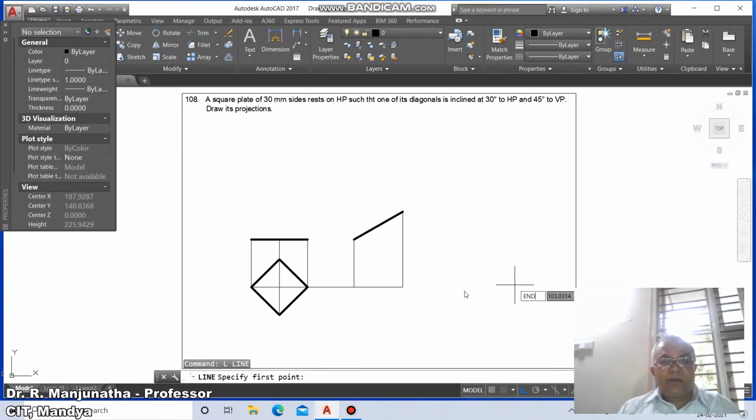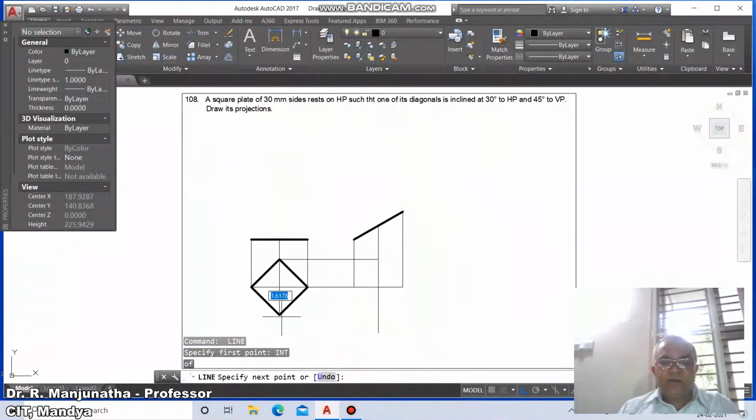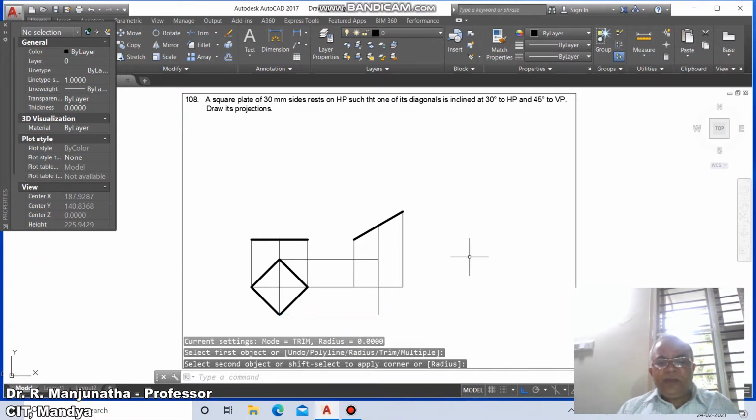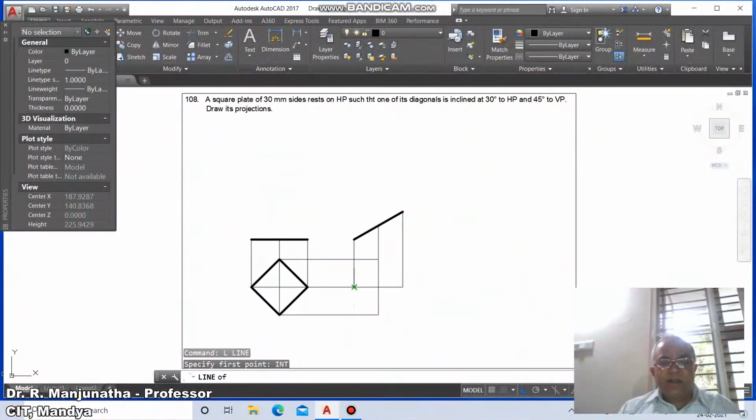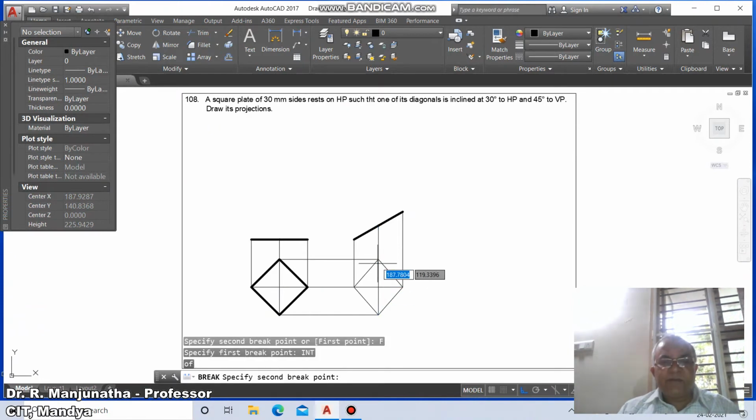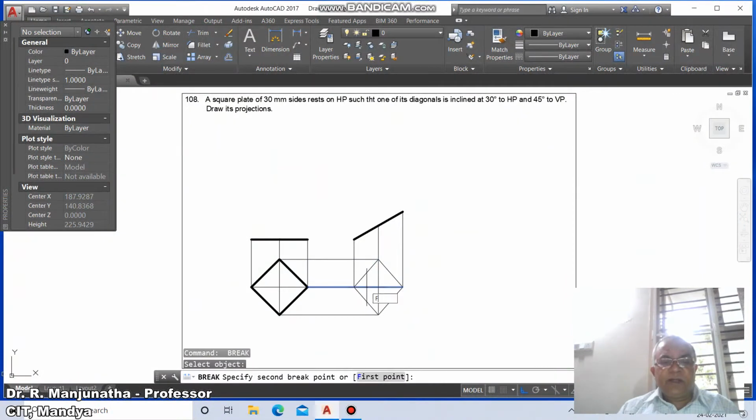Then go to line, take end point of this and draw a vertical line. Take line, intersection point of this, draw perpendicular to this. Then go to line, take intersection point of this and draw a perpendicular to this line. Then go to fillet between these two. Similarly, line, take intersection, then intersection, then intersection, then intersection of this and then say close. Then go to break, select this line, first point, take intersection of this and say at the rate. Similarly, break, first point, take intersection point of this and at the rate.